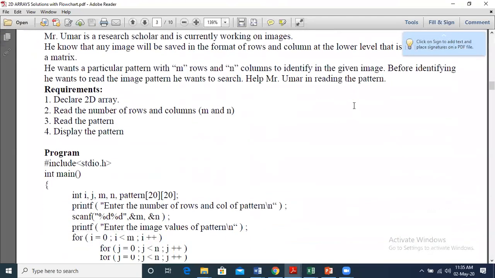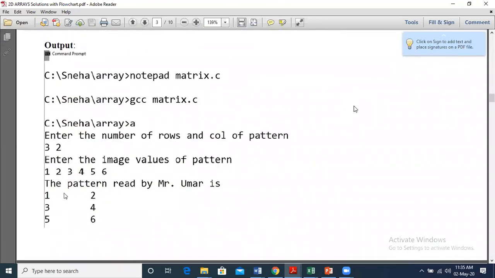This is the same file which I have shared with you all, right? So the output also is here. Are you able to see the screen? Is this visible? Yes, ma'am. Yes. So this is the output, right? We have just given 3, 2, and as you can see, the input can be given in the same line, and it will be printed in the form of a matrix.